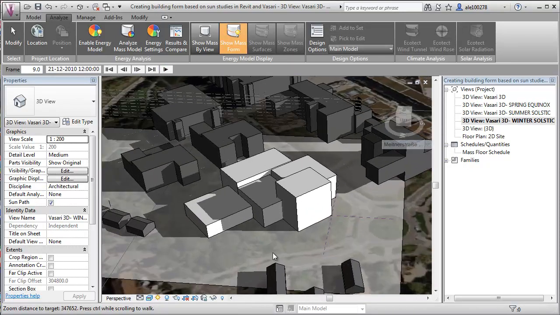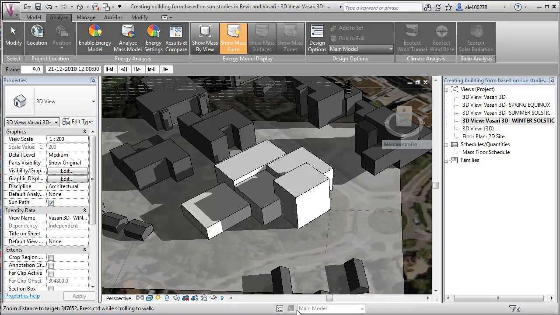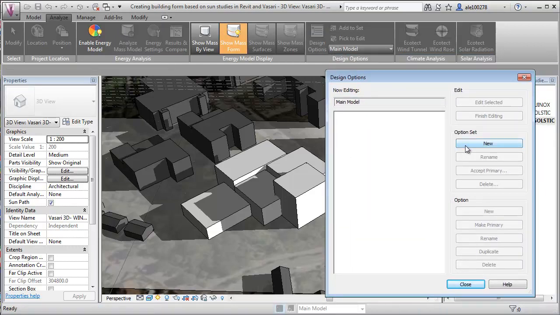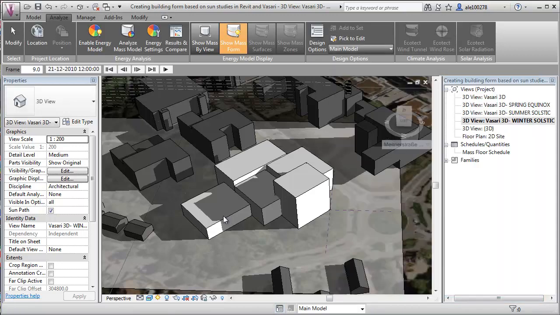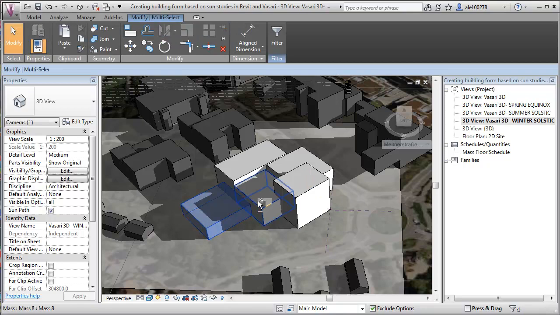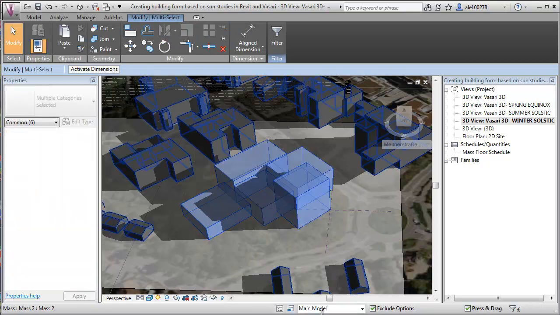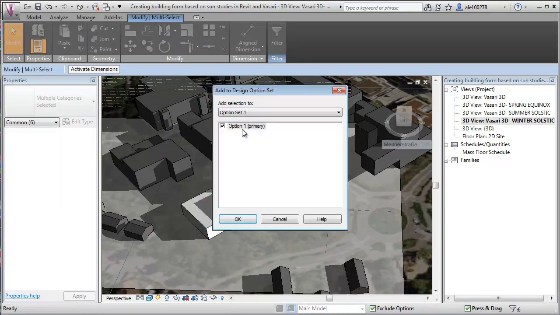So the way that we did it was really using design options, and it's just going down here to design options, and you can make an option set to do iterations within a specific design. So let's just make one option set and say, okay, we want to iterate the height of these different elements here. So we're just going to say close, and we're going to mark out the elements here, and press this arrow here and say, okay, we want to push this